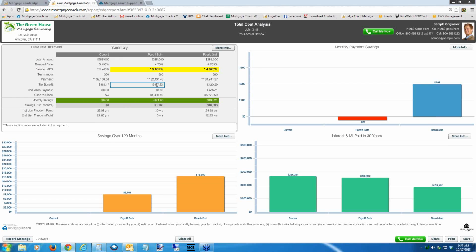Another one, I might want to show them that the tax benefit stays roughly the same on the payoff both, actually goes up a little bit, but the tax benefit does go down a little bit on the resub second. That's because they're paying less interest. But I'll keep those unmarked for now. Now there's no reduction payment on the payoff both because they're paying more for that situation. But there is a reduction for this guy. Now if I highlight this, they're just going to see custom, so it may not make a whole lot of sense. Instead, I'm going to go into my reinvestment strategy,